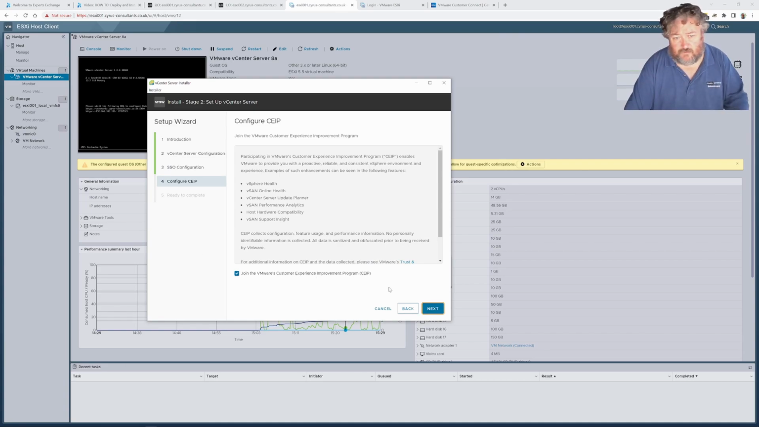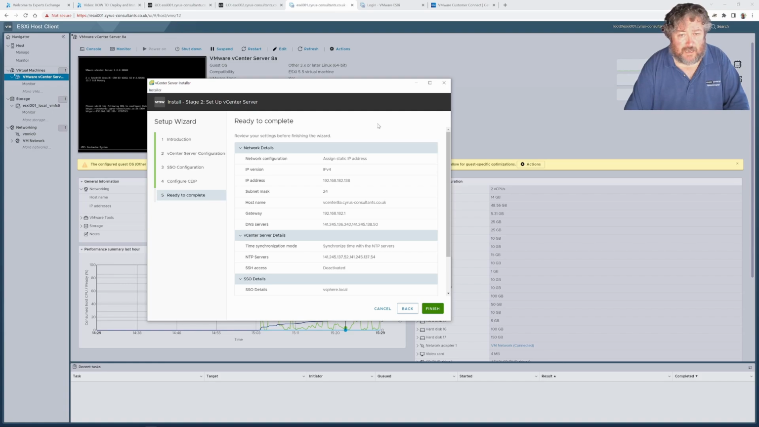Yes, we're going to join the VMware Customer Experience Improvement Program. Next, we're going to have a little look at all this information. That is information that's actually taken from stage 1, but it's just worth checking again. So we're going to assign a static IP address. Yes. IPv4. Yes. 192.168.182.138. Yes. Subnet mask 24. Yes. Its hostname vCenter